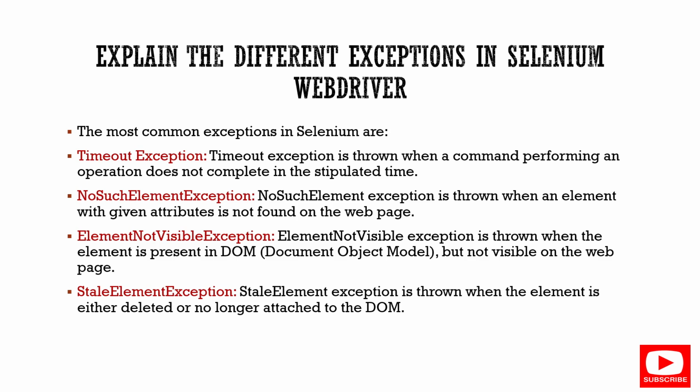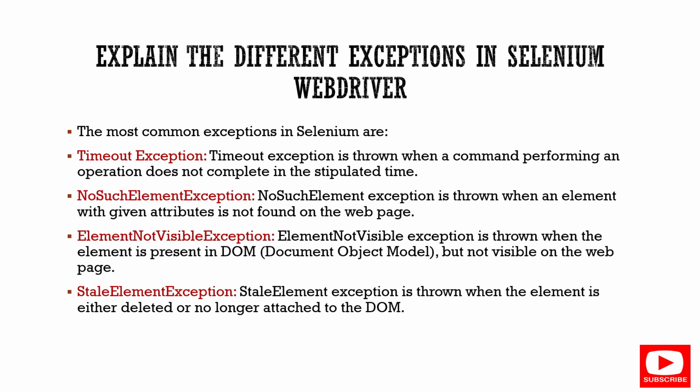And we have stale element exception. Stale element exception is nothing but whenever you are giving any web element, like we have two web elements. One web element, you try to click on a link. After that page load, you need to click another link. So after page load, that entire object is not with the document. For example, if that web element is not being located even after reloading a web page, or it is not even attached to the DOM, then you will get a stale element exception.